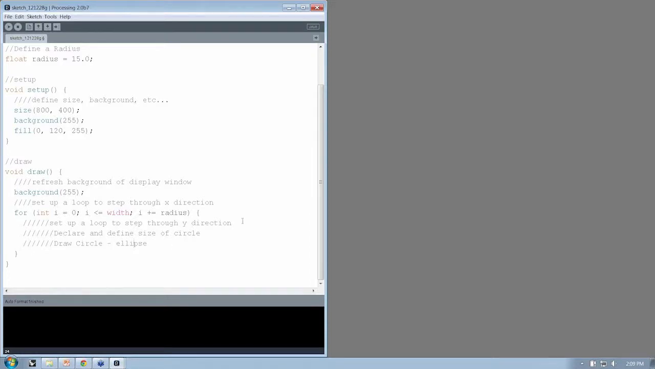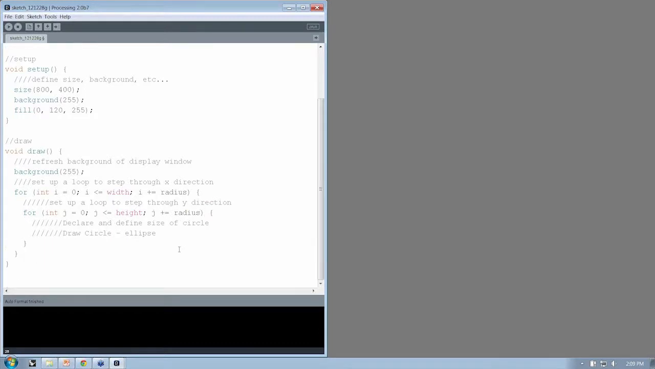So now we need to do the Y direction. So we need another loop. So for int j equal to 0, j less than or equal to, not width, but height, and j plus equal to radius again. Close parentheses, open curly brackets, and then down here, again, close curly brackets. And I'll hit Control T to see if our indentation works successfully. It does. All right, so what this is doing is stepping through the display window an increment of the value